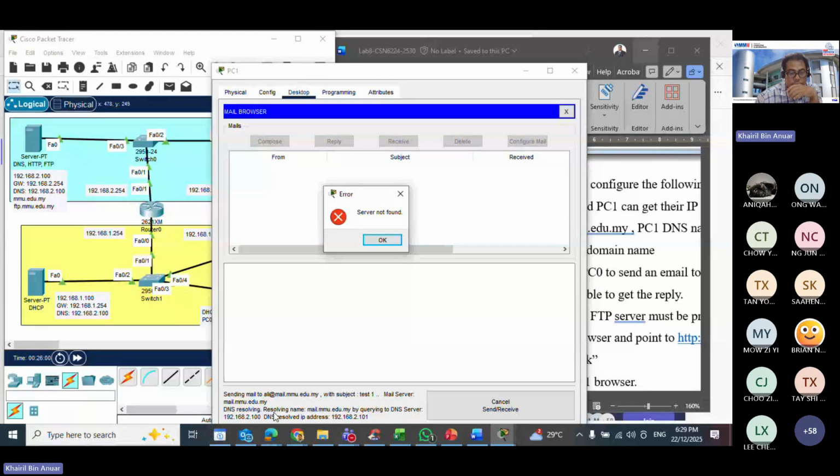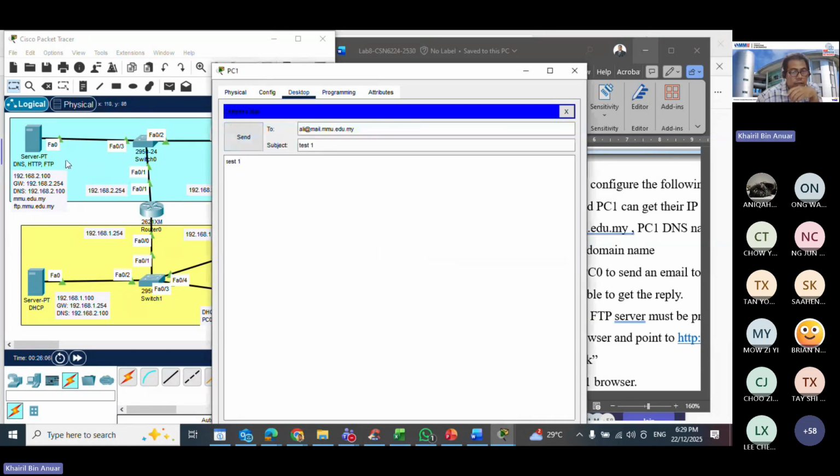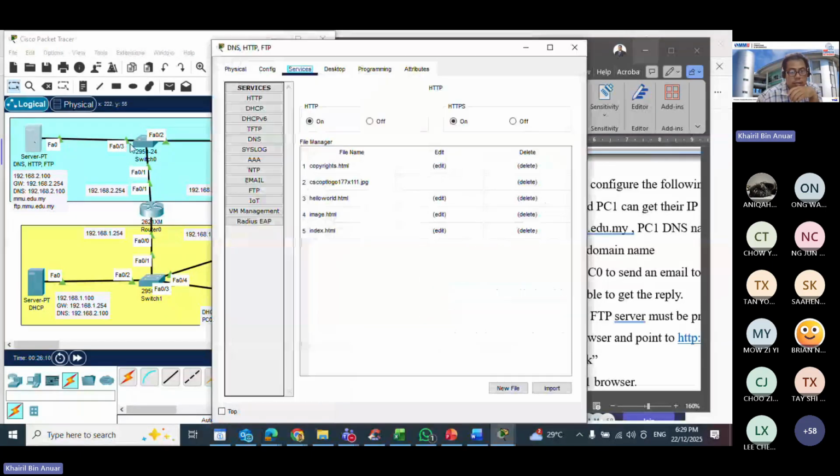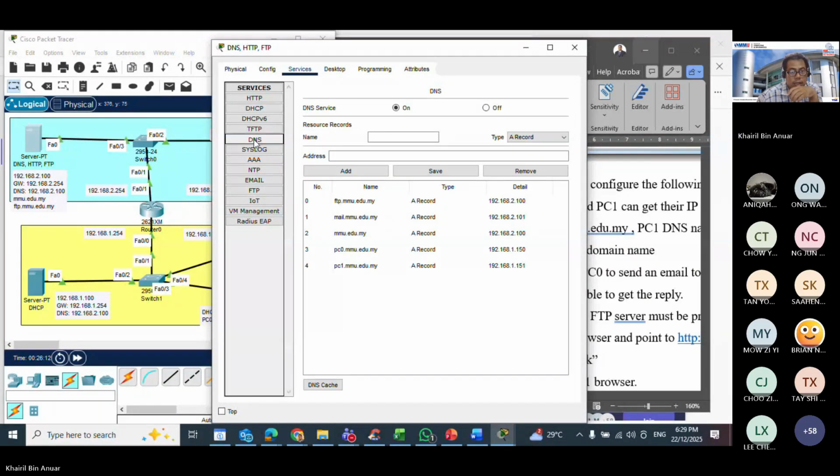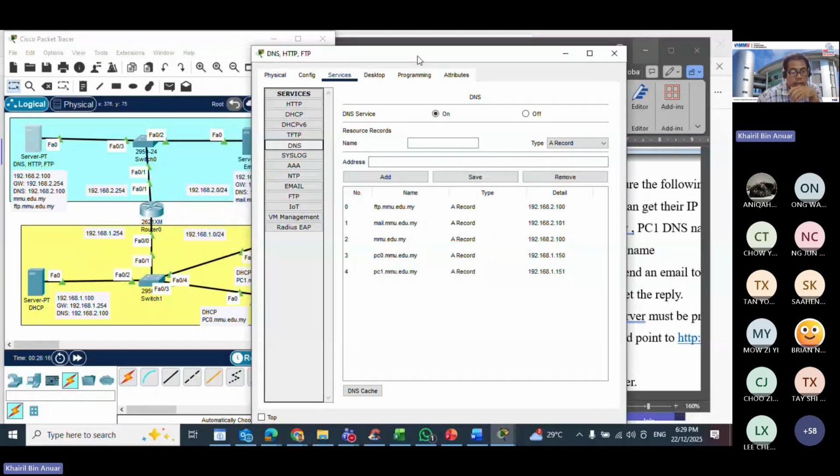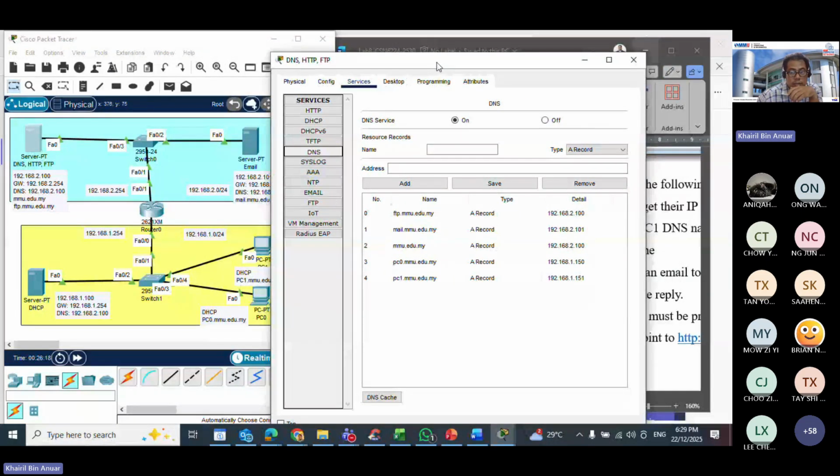Mail server resolving name mail query to DNS. Okay, so something is wrong. So maybe you can try on the DNS. The DNS server for mail.mmu.edu.my is 2.101, correct?